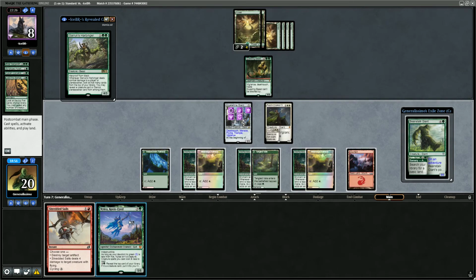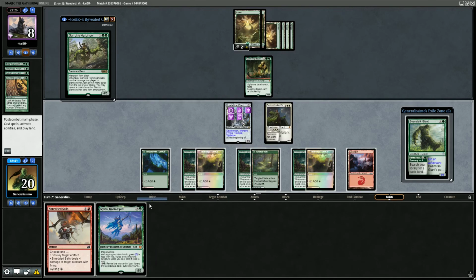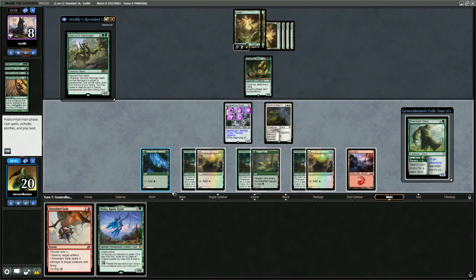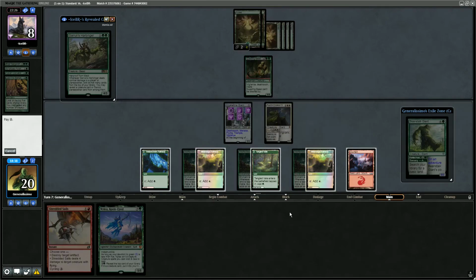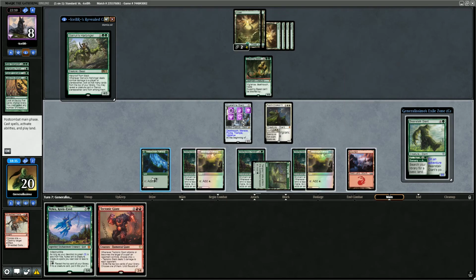So I could play Nylea. She won't quite be a creature. But then when I play Beanstalk Giant she will. Oh. Go for a cycle on Shredded Sail, see what I draw. Ooh, Tectonic Giant. Spell down the second red to play it. Alright, so